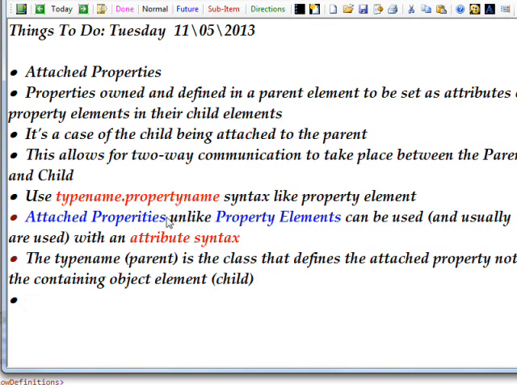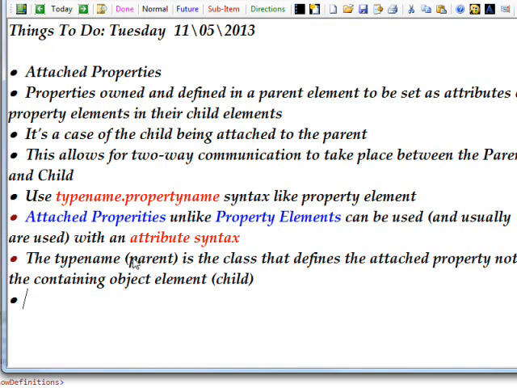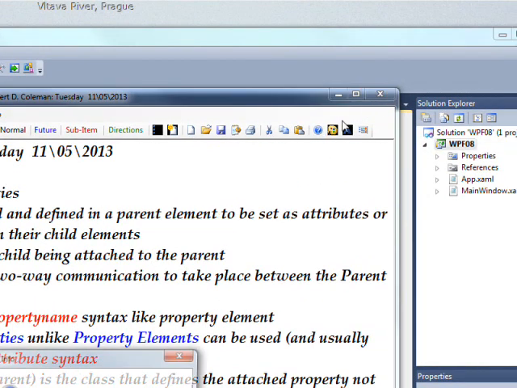Attached properties, unlike property elements, can be used, and usually are used, as attribute syntax. The type name is the class that defines the attached property and not the containing object element. In fact, in the case of the code we're actually looking at,